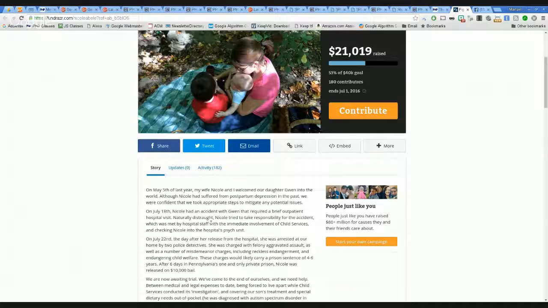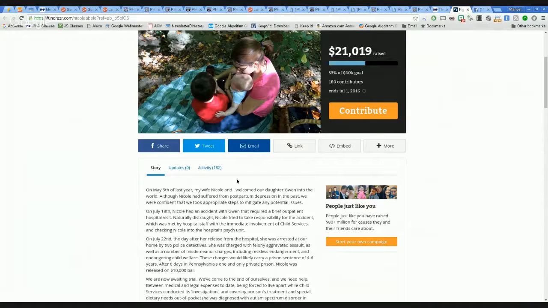Yeah, it could happen not only due to depression, it can happen due to sleep deprivation and lots of factors. And I think that probably child services in the US are much more aggressive than they are here or in other countries.